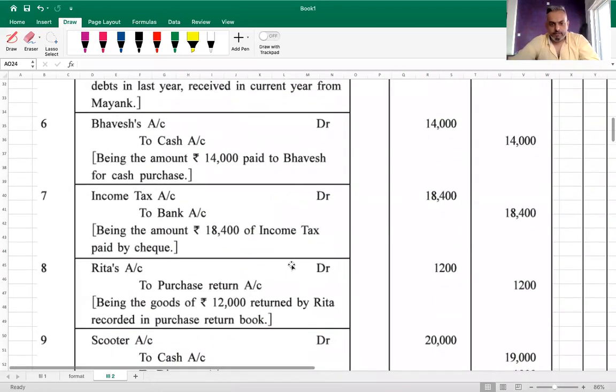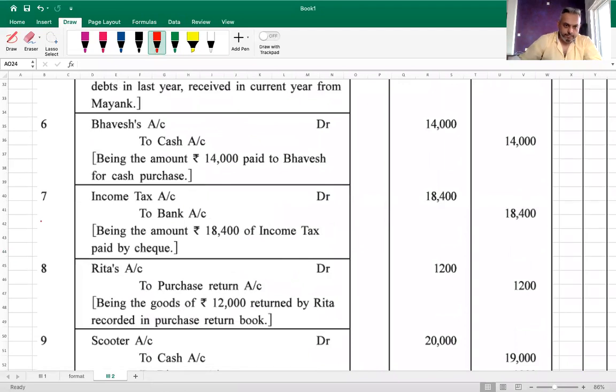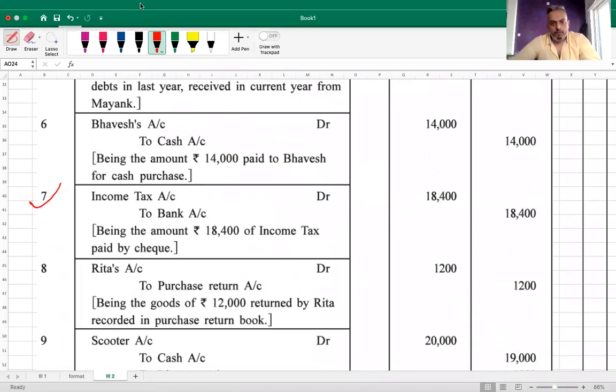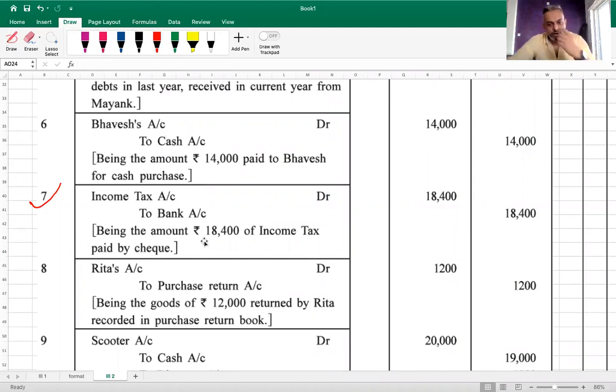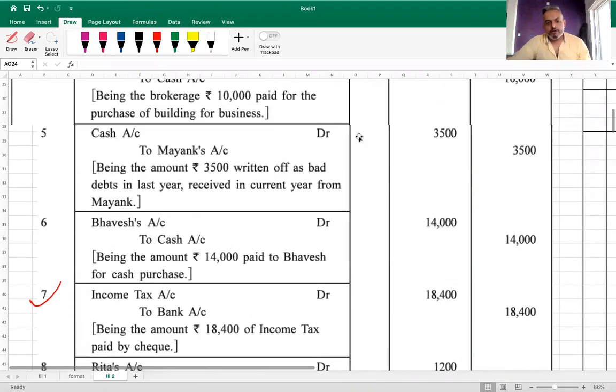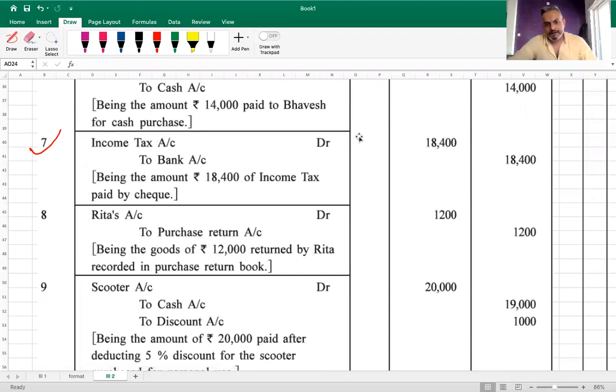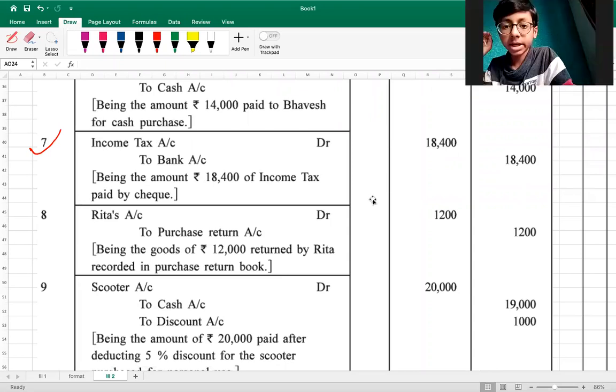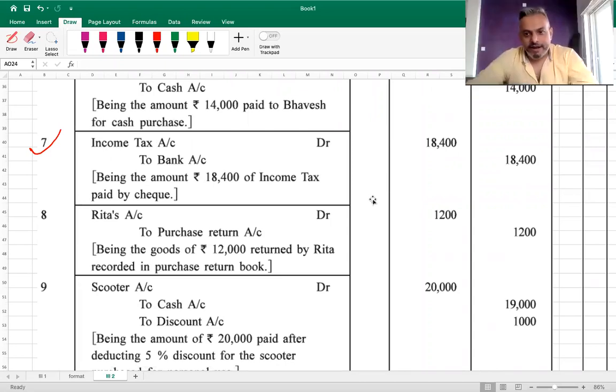Transaction number 7. Important. Now, income tax to bank being amount of 18,400 of income tax paid by check. Now here it is in the books of accounts of Vandana. Vandana is a sole proprietor. For sole proprietor, what is income tax? Drawings. So the correct entry should have been drawings account debit to bank,